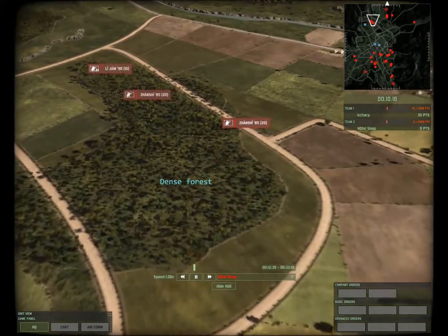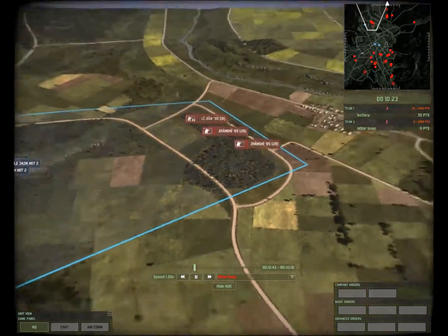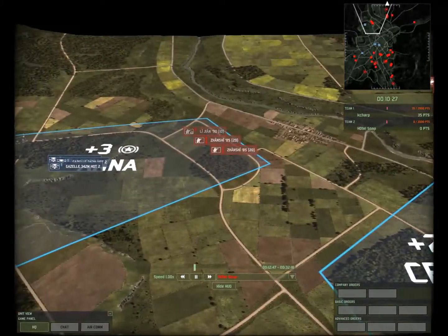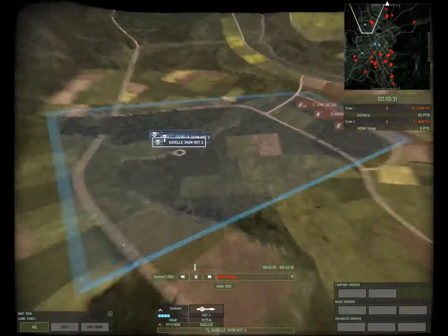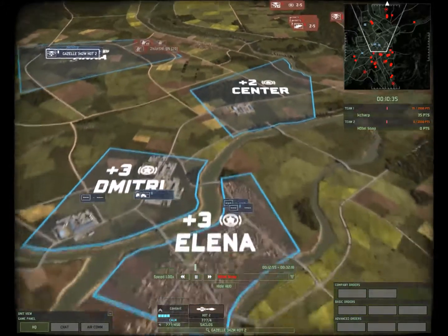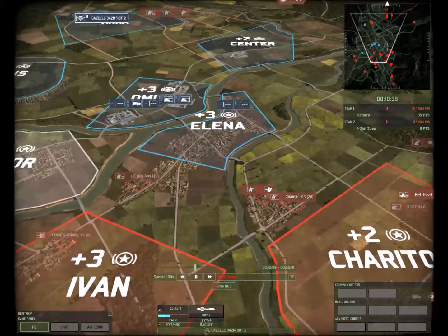Moving into this wooded area, no eyes on any commands yet. That's not good. I did not want to have to push any deeper into Anna. I really needed to take out that command, take out the AA, and then bring in my Z5 so I can countercap Anna. Throughout this whole time passing by now, 10 minutes has passed into the battle, and everything that